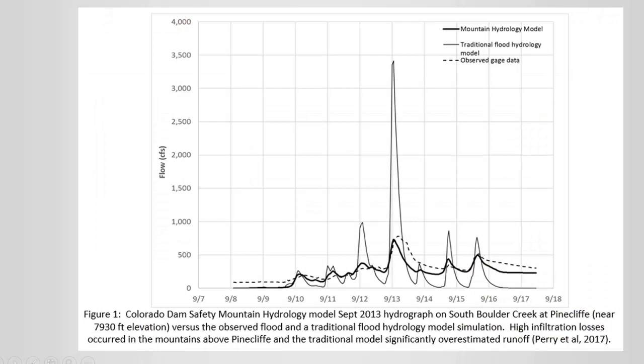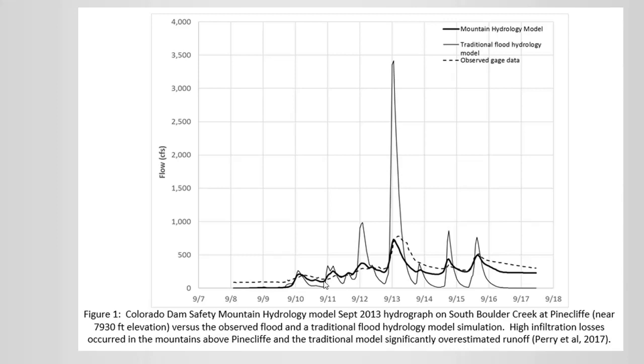Okay, so let's first jump back to section 2 of the guidelines and talk about a little bit of the background of how we got to these new modeling methods. So our general experience at Colorado Dam Safety was that dam safety hydrology design floods were much larger than observed and paleo floods, at least in the mountains above 7,500 feet and on the west slope. So a couple years, 4 to 5 years ago, we had the opportunity to test out